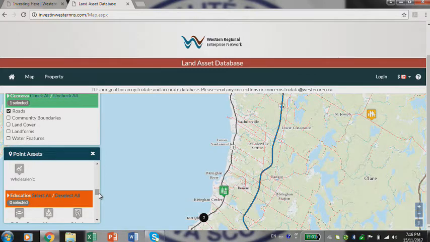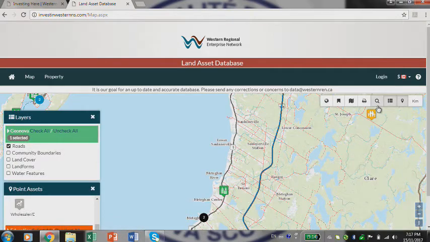Again, the target audience being investors and site selectors, if they want to know, okay, I need a commercial building that's about this size and I need it to be within this distance of a hospital or this distance of a business park, they can find that quite easily on the map up here. They can actually search exactly those parameters as well. And if I can get back up to the top here,